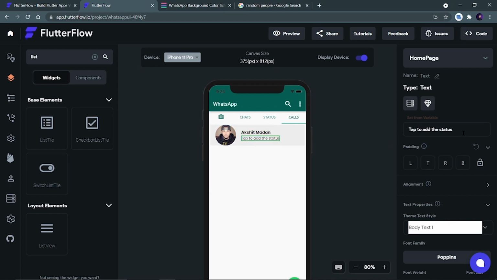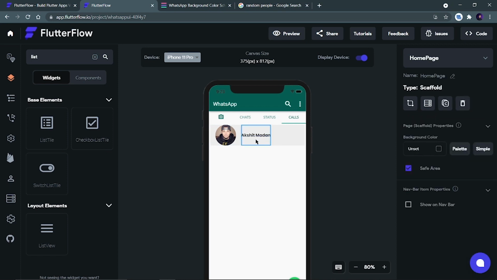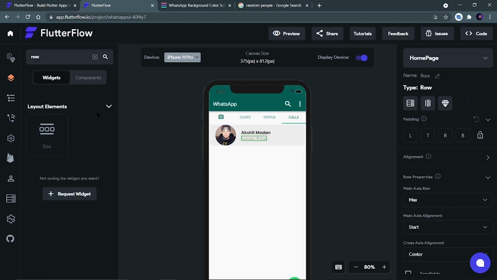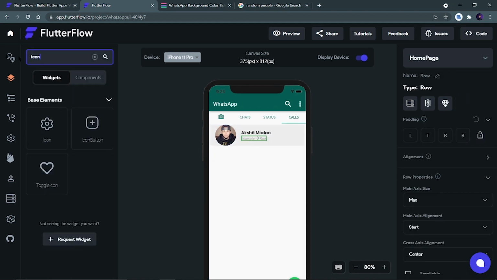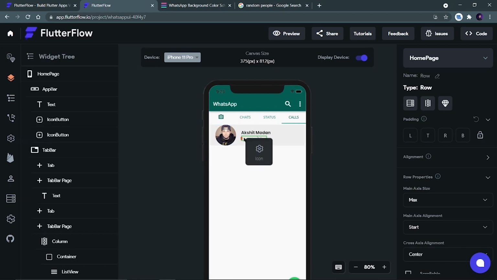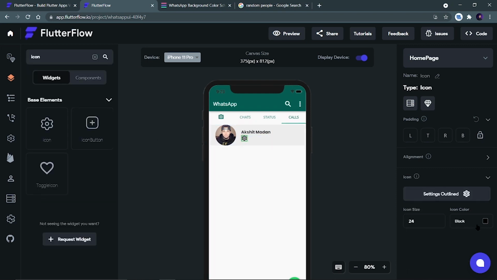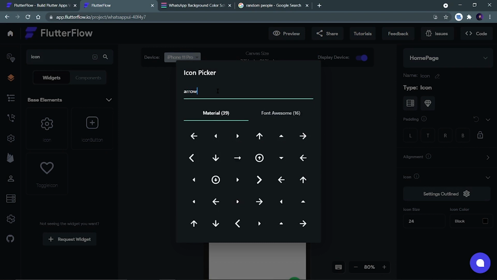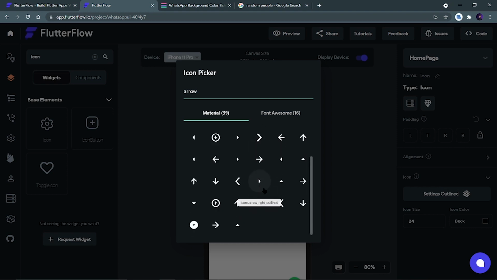So we also have an icon over here. What I will do is remove this text, select a row, and put it inside this column. First of all, I'll select an icon and put that over here. Let me show you what that icon is. Search for arrow, and I have these arrows.